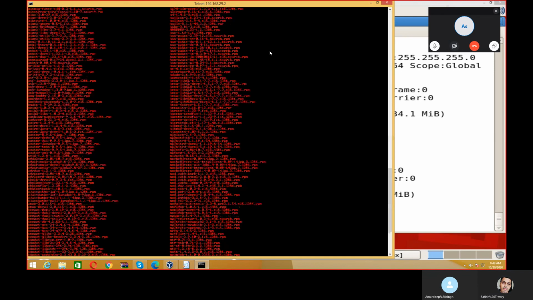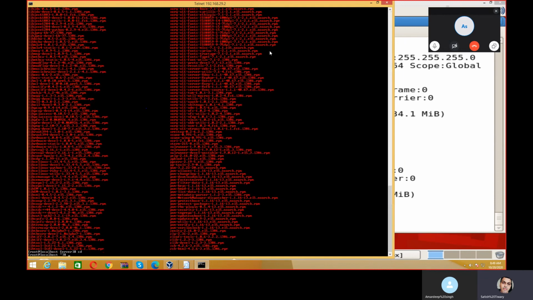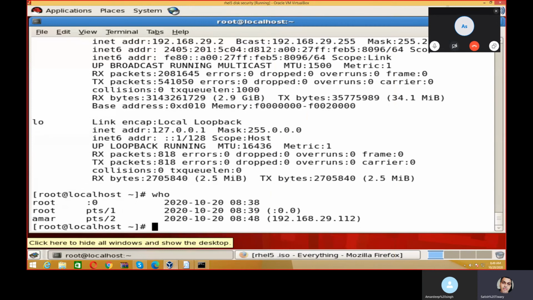Now, from my Windows machine, I normally log into the normal user, and then I log into root. And when you type who here, it will show you that someone is logging in from our user to this machine. You can see the 112 IP is logging into your system. So the admin can see who is logging into his system, because right now we have not used any proxy.